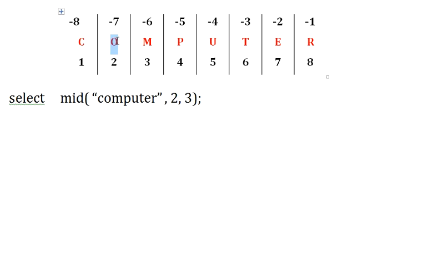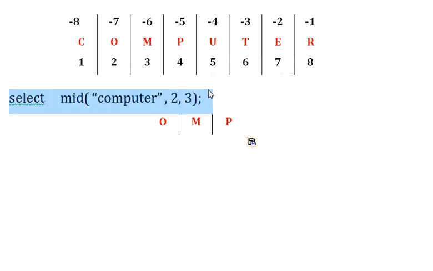As in this case the third argument is 3, so from the second position it will read 3 characters like 1, 2, 3. These 3 characters will be read and given as an output of this function. So when you are using the mid function with the first as a string, second as the index position from where you have to extract the data, and third indicates the number of characters that you want to fetch. So this is how it works. Now let us take one more example on this.